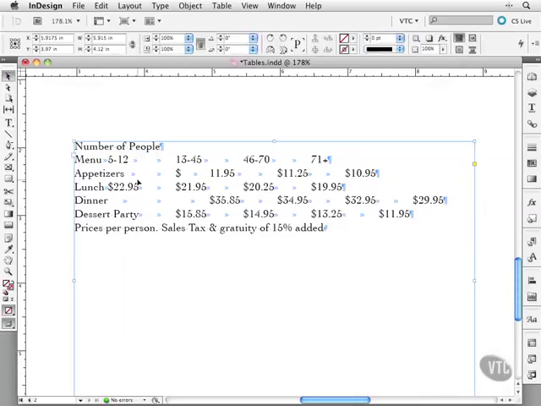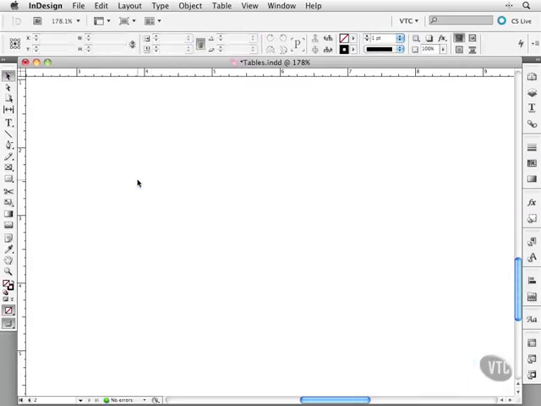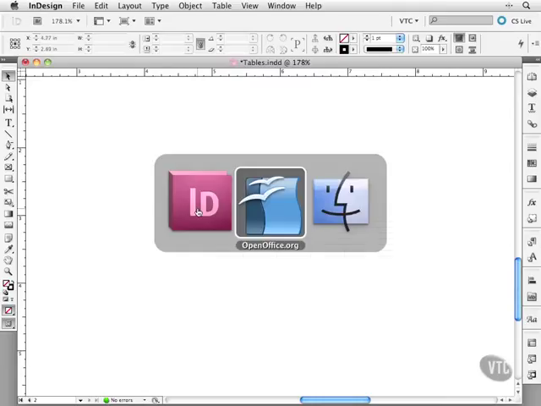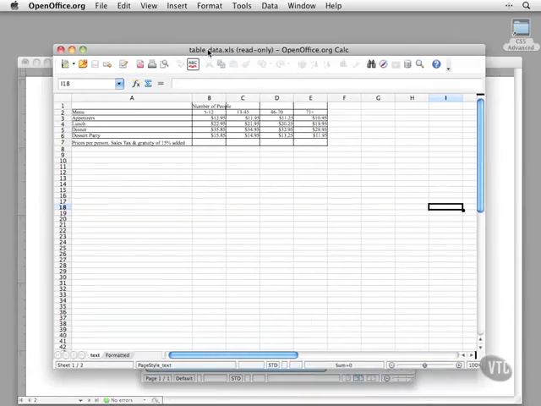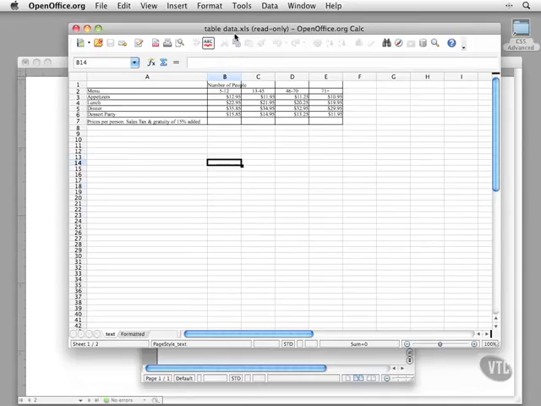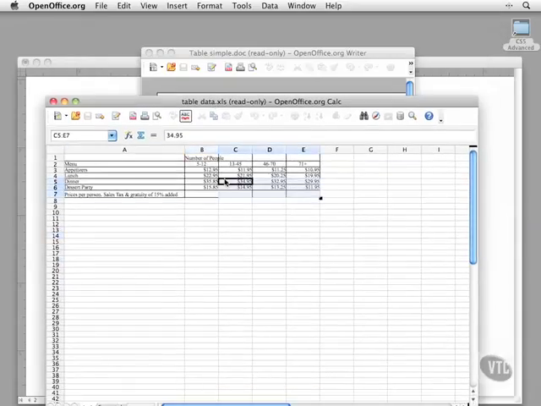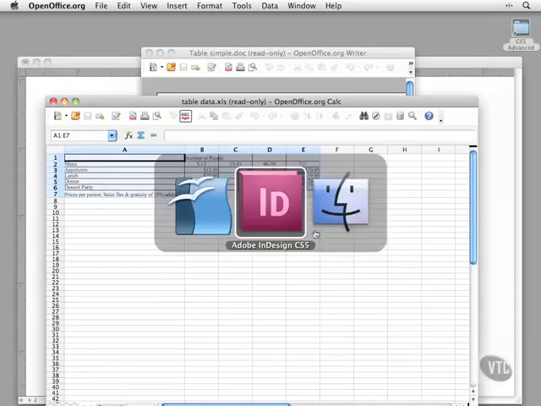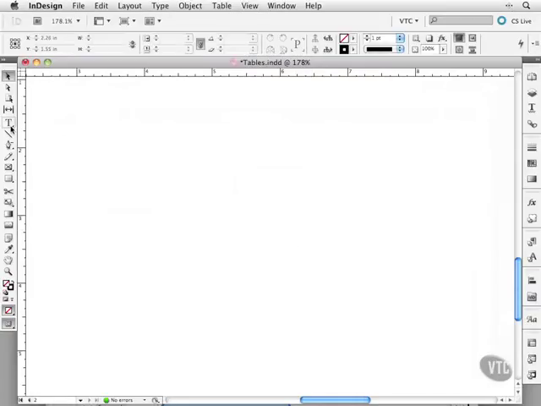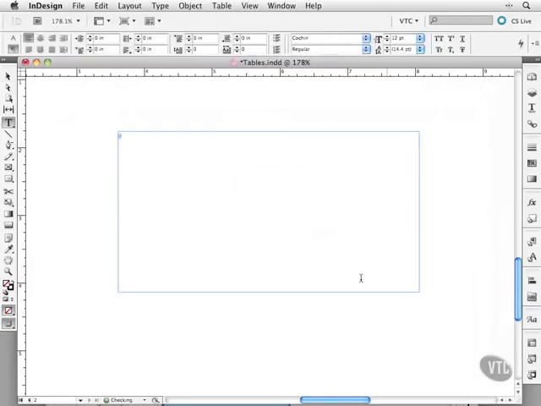So if you have a choice of getting it from a word processor or a spreadsheet, use the spreadsheet. Or if you're going to create the data in a spreadsheet, definitely use the spreadsheet. Now let me switch over to OpenOffice here, which I'm running, and I've got the spreadsheet open here. And I can select this and again copy it. Notice it's already in table format like this, and I can come over here and just place it and paste